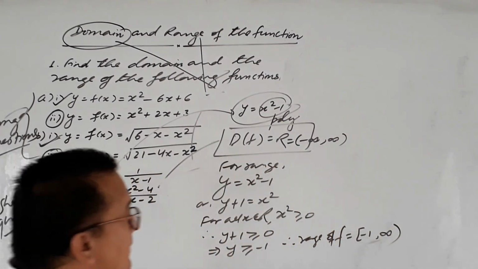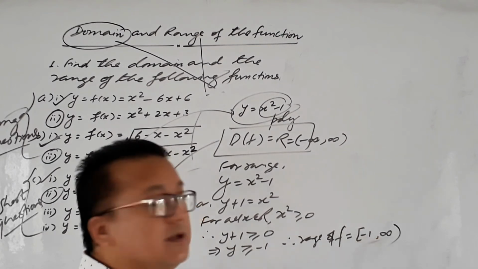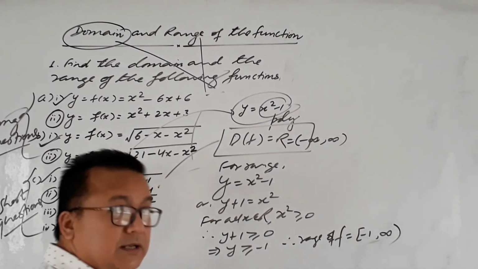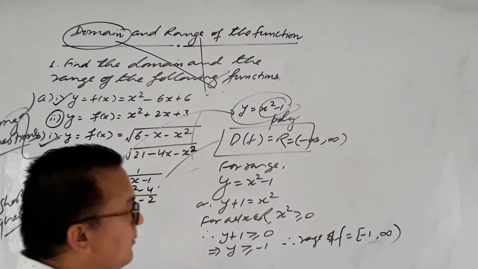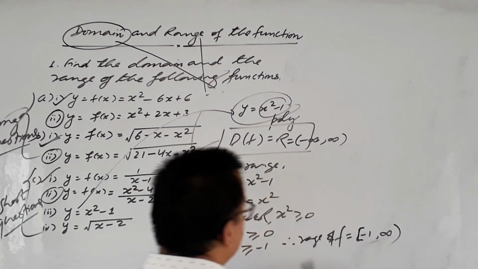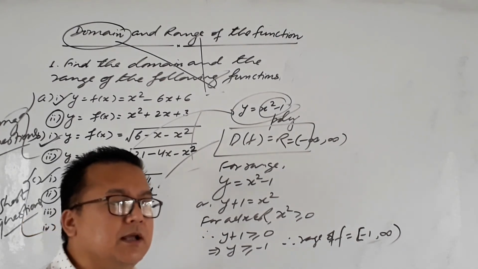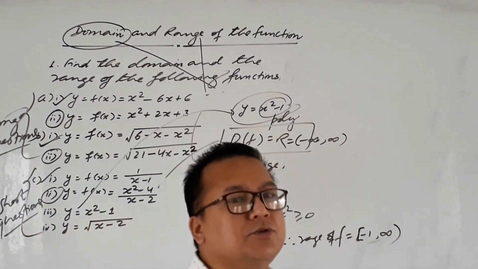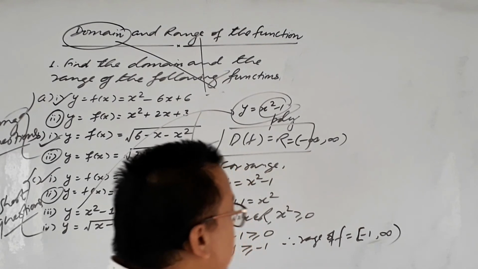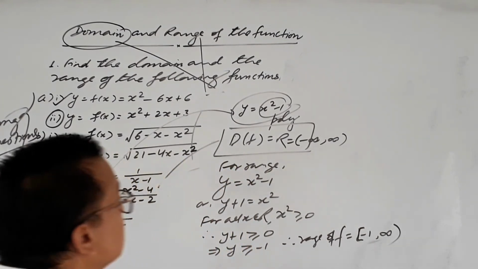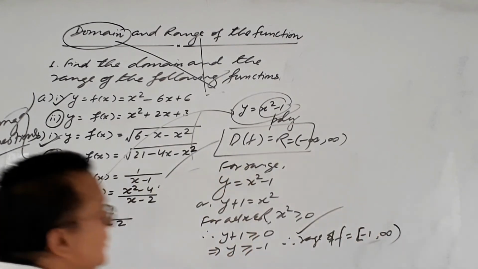Minus 1 and infinity, the interval of minus 1 and infinity, right? The left-hand point is minus 1, and it is included because of the equal sign, and it will go up to infinity. As you know, infinity is just to show the end point of the real numbers; infinity is not any real number, right? So this way we can find out the range. I guess you are clear.